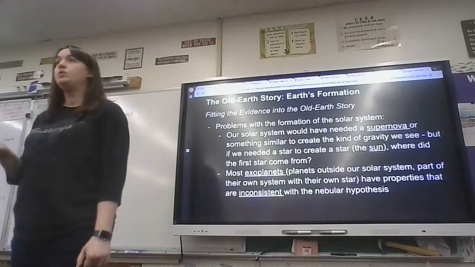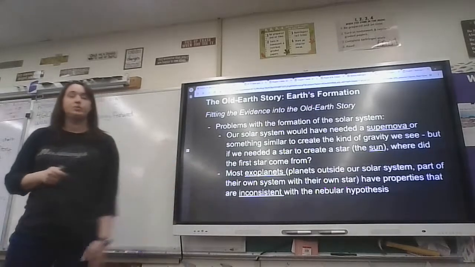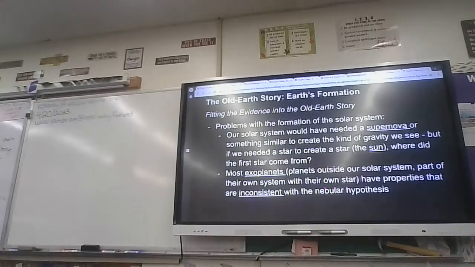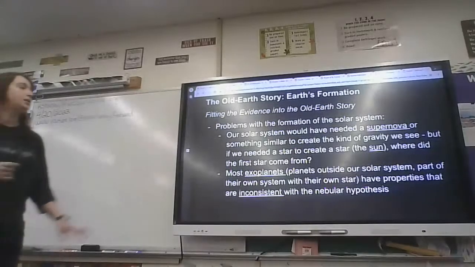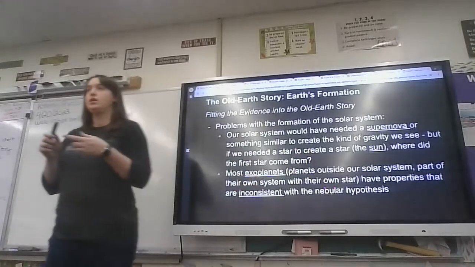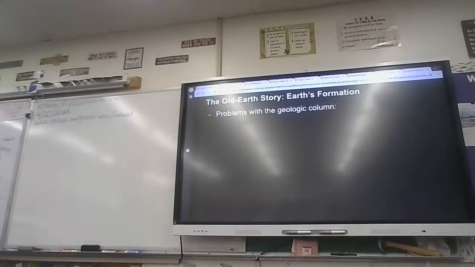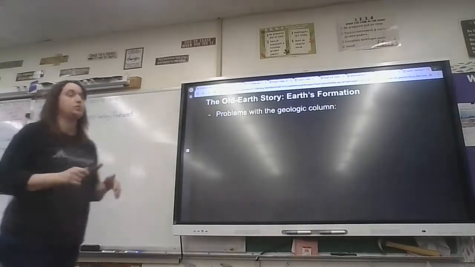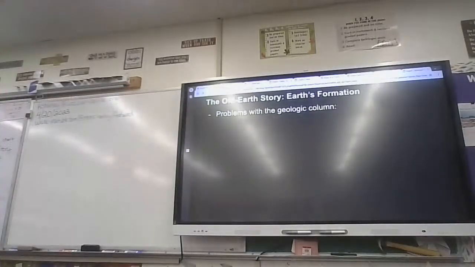We can see within our own solar system that not everything spins the same direction. And some of the exoplanets that we have found break at least one of those predictions, just like Venus and Uranus do. So we talked first about the nebular hypothesis and how they think that started our solar system and how it came to form our Earth and all that.